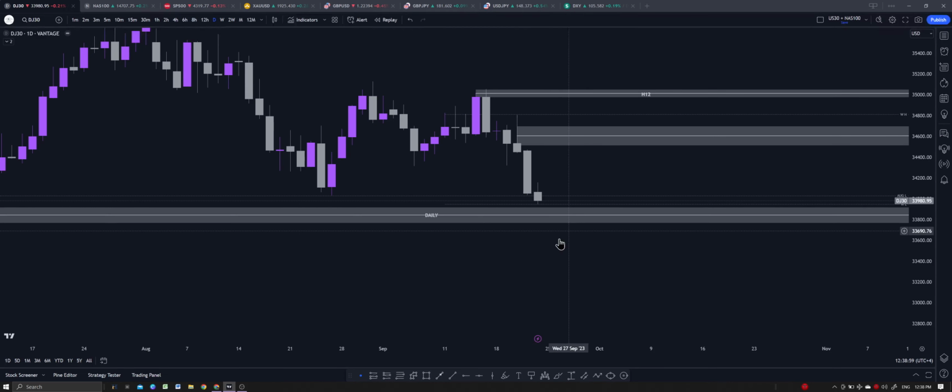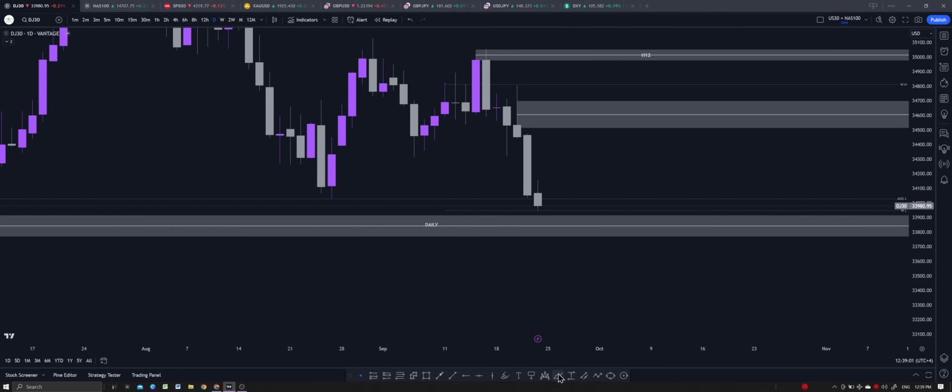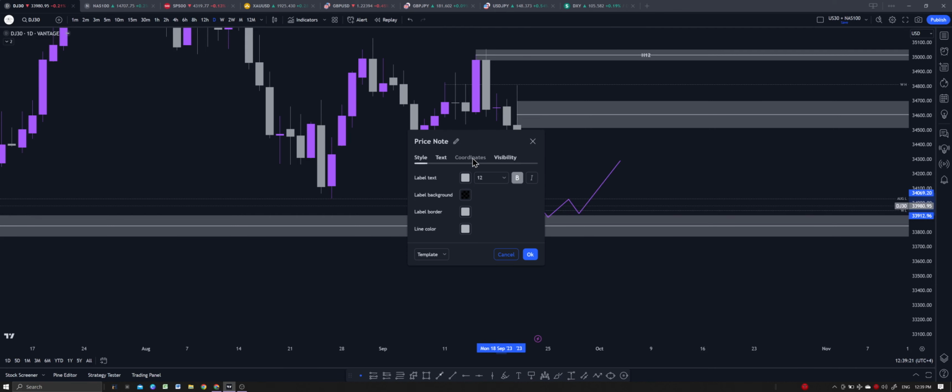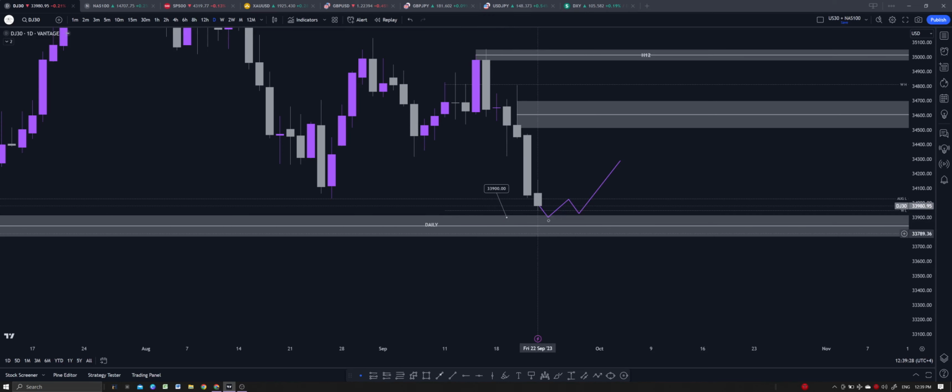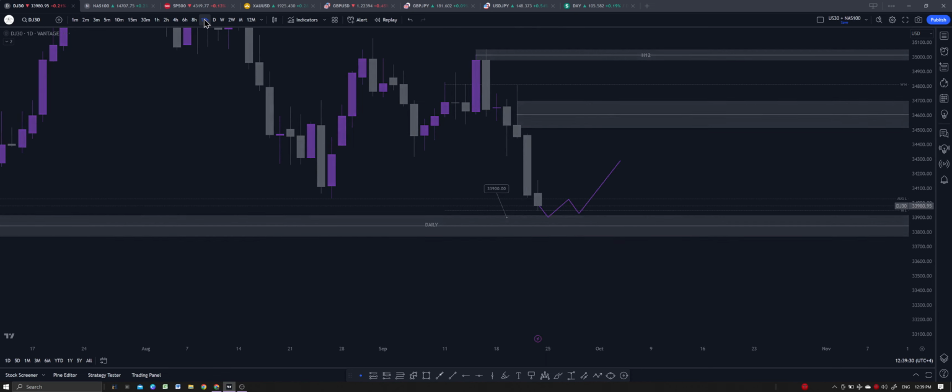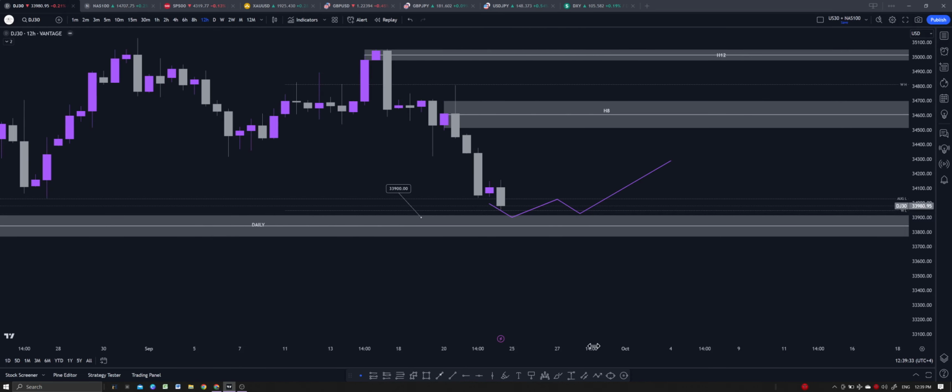So price is actually heading towards the demand zone here, and if price does hit this demand zone, there is somewhat of a possibility for price to actually give us a confirmation entry to take counter trend trades here, right? But I would be extremely careful again because it's a counter trend trade and the dollar is extremely bullish, right? So this would be a lower risk trade if I were to take this, and this would be at 33,900.